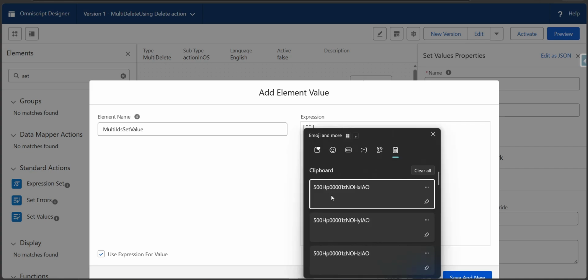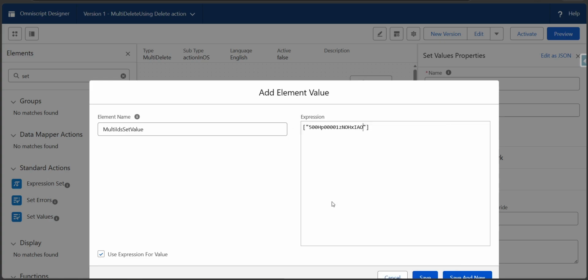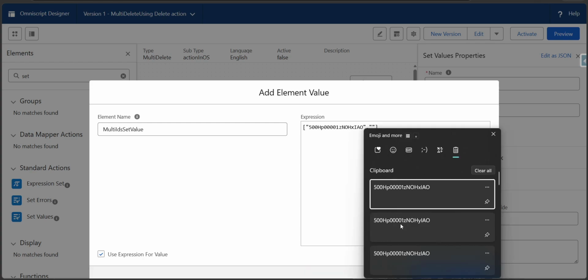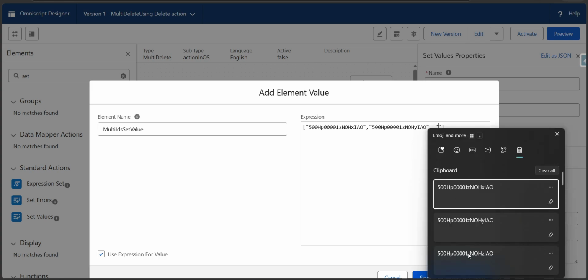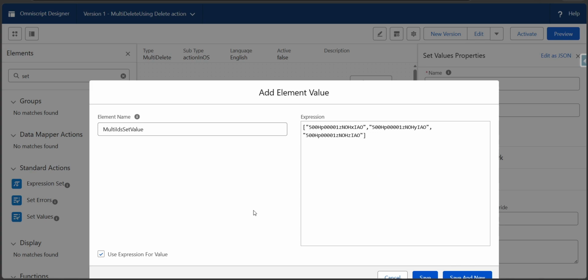So we want to delete this one, so record ID, then the second one is this, and the final one, let me put a comma, and within quotes we just need to provide the record ID HZ. And we can see that there are no error messages being shown, so we can simply